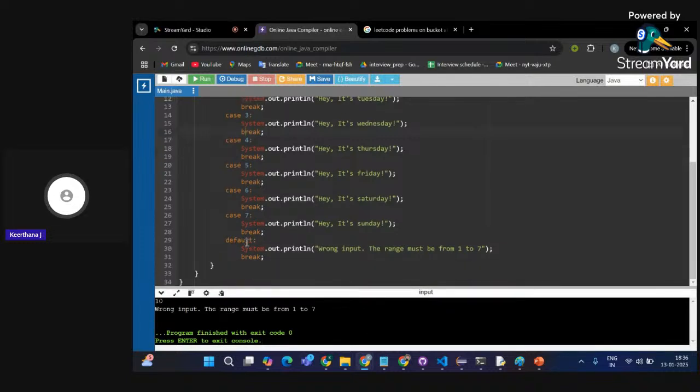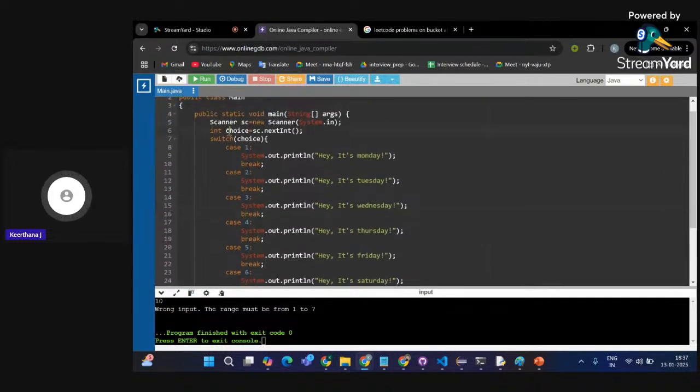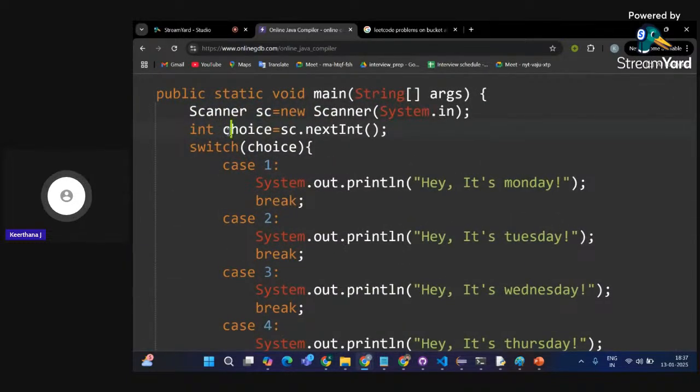So the code which is present in the default block is getting executed. And one more thing, it is not that you have to give only integer input, or pass only an integer variable inside the switch block. You can even have a character as well, but you have to see that the data type of the variable which you are passing and the data type which you are providing in your case must be the same.